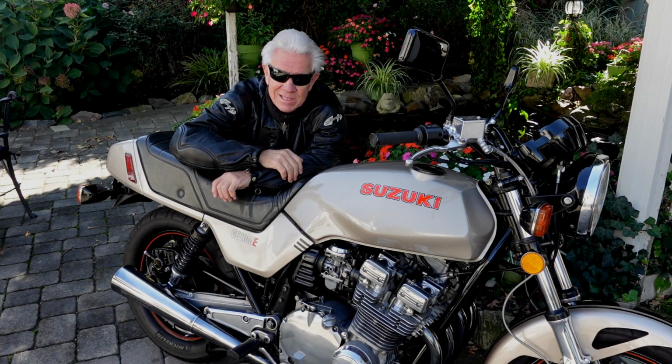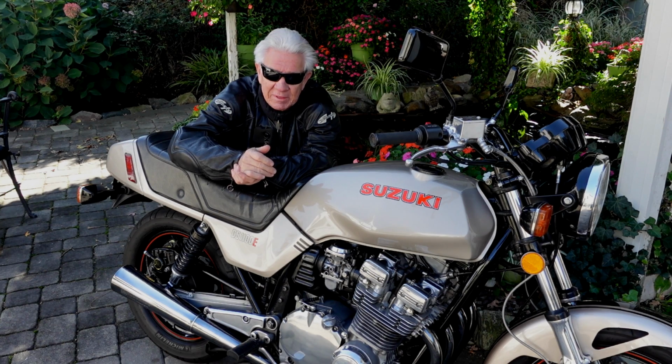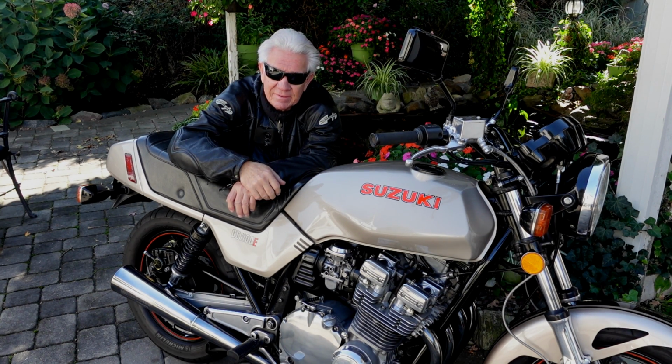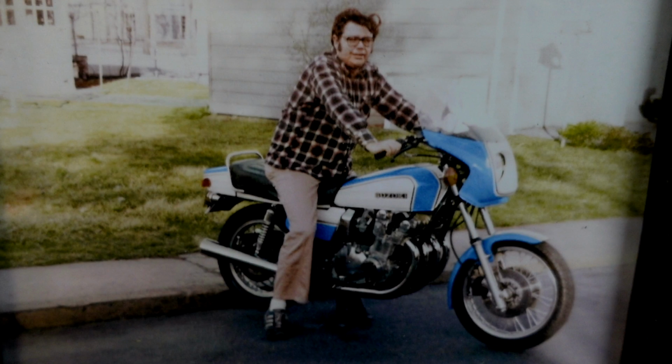42 years, it has never disappointed me. Never not been a fun bike to ride. I don't know how to explain it. It's an icon. That's all I can say. It's an icon. Now, back in the day, Frank Straub, the late Frank Straub, and I had two 1000 Suzukis,